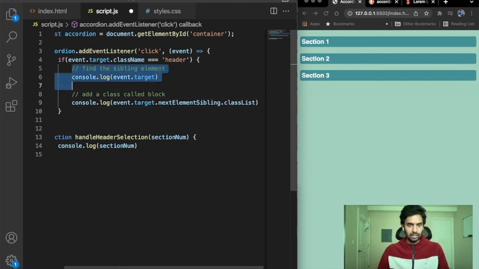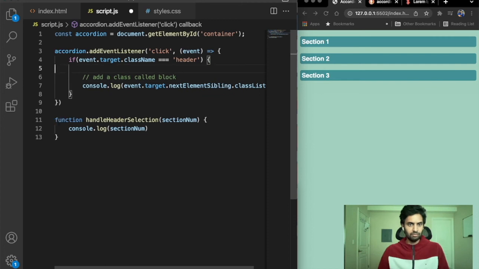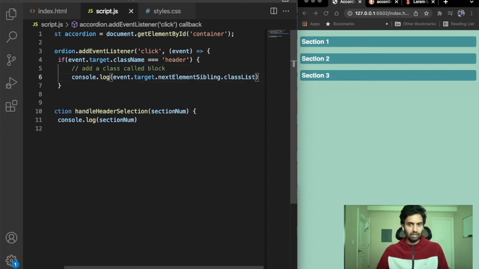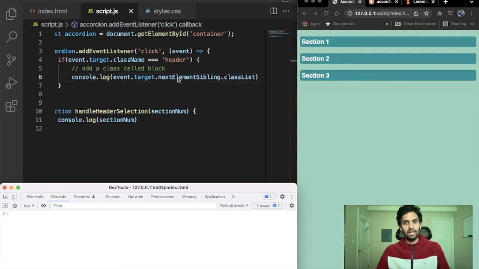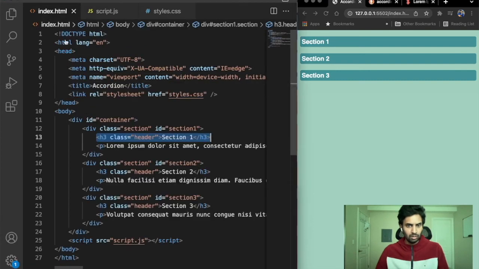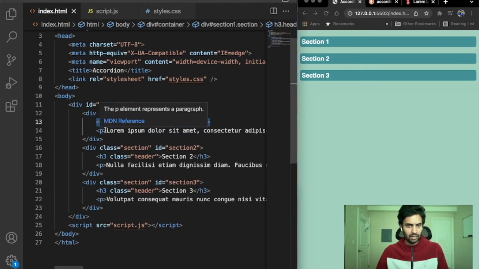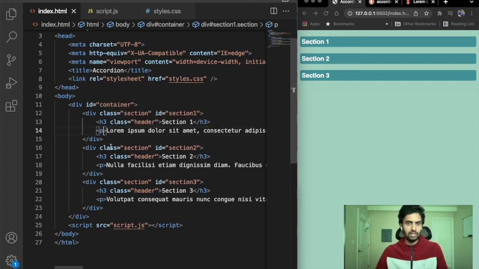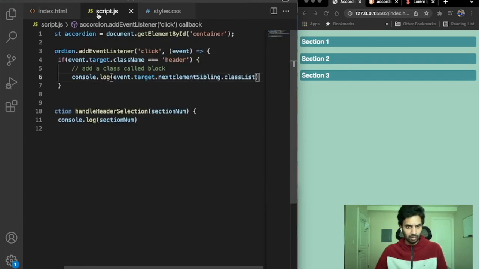So let's get rid of everything that we have so far, and whenever I click on something, I'll get the sibling's classList. In this case, the value is the DOMTokenList. There's no value in it, right? It says it has an empty value. But if I go back, right now let's not add anything. So it doesn't have any class on the paragraph element. But if I do this,